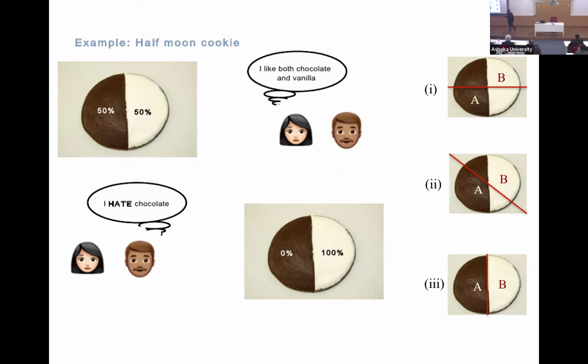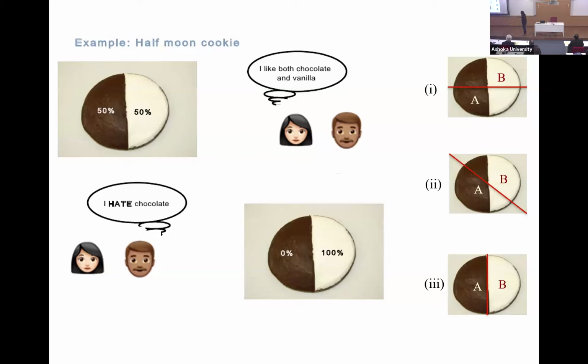In either of the allocations. In the first allocation, no, because both are getting the same. In the second allocation, no, because Alice doesn't care and Bob is getting more of vanilla than the chocolate that he likes, right? And in the third allocation, finally, of course, that's the best one. So my point is that, in my mind, neither of the players can complain that I like others' allocation better than mine. So in that sense, they are fair.